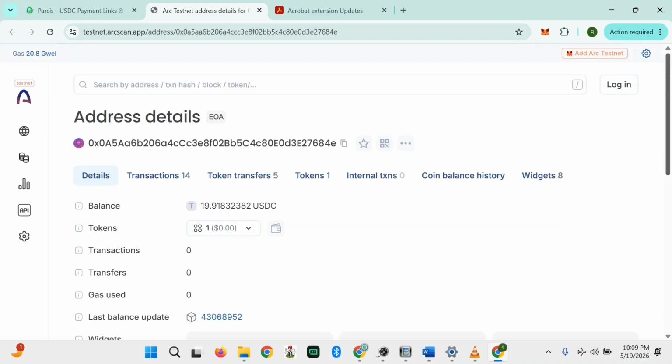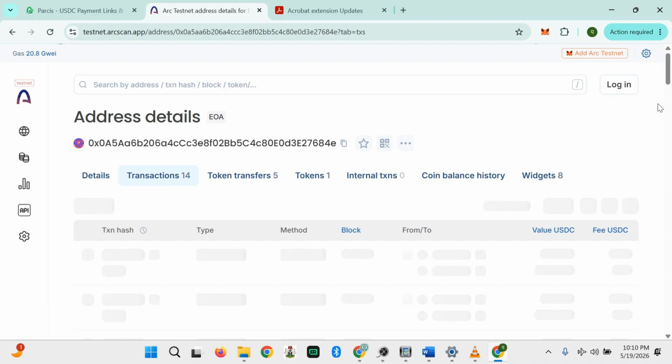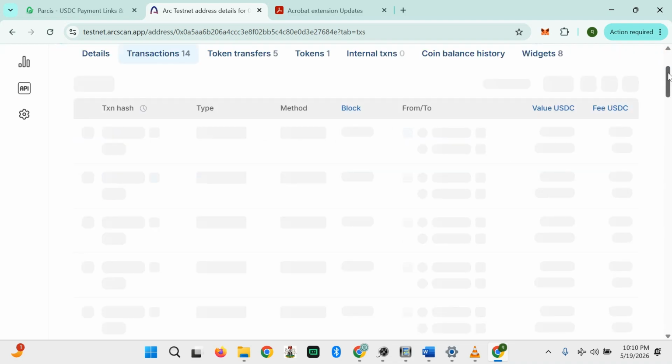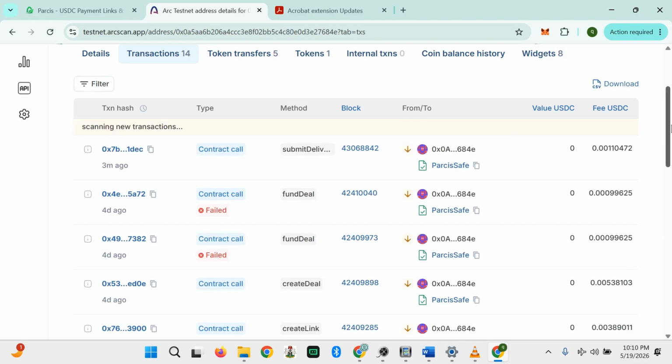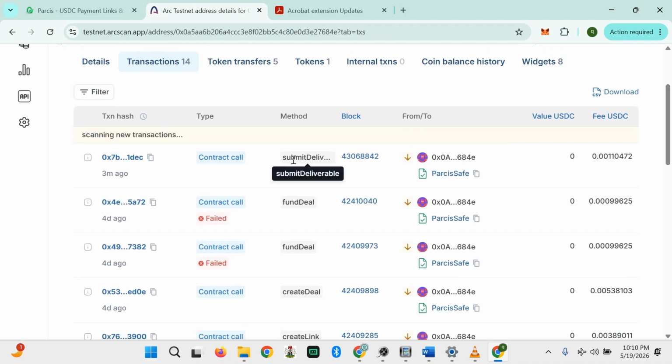For example, if I check this recent transaction from the wallet, we'll definitely see that everything is live on chain. We don't have any database or local storage or anything like that. You see, we have called the submit deliverable.